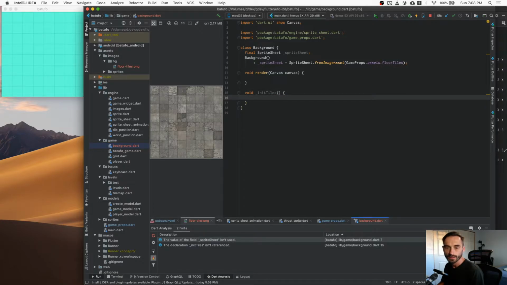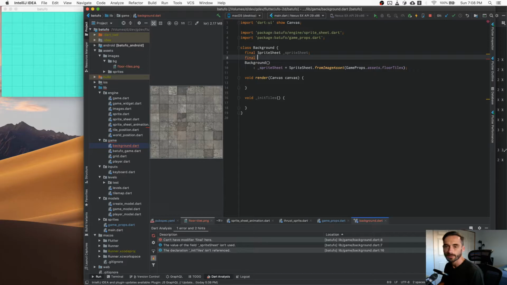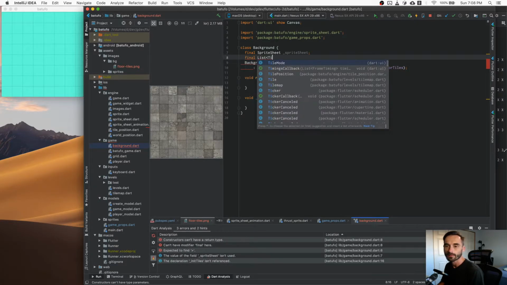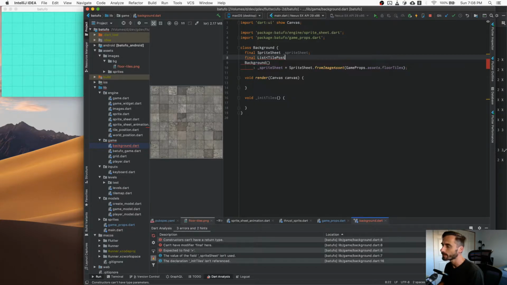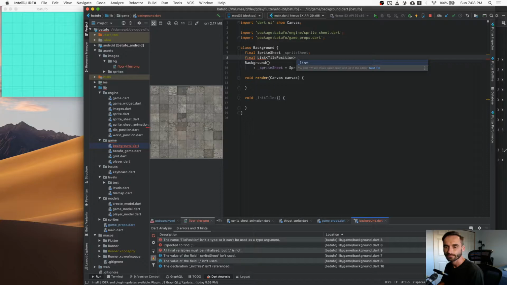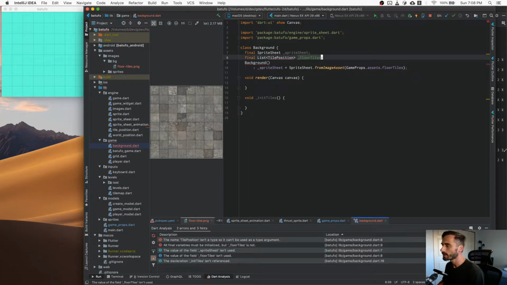Right, and so basically we have a sprite sheet, but also we will have a list of floor tiles. So let me try to understand. So basically, yeah. So basically, we need to take something in that tells us where we need tiles, right? Because